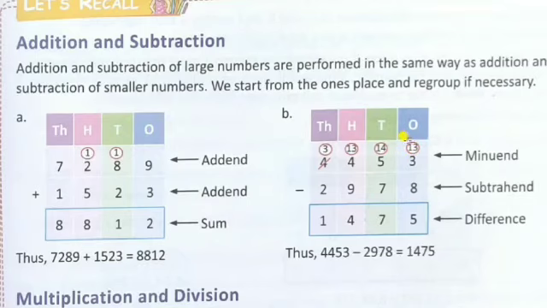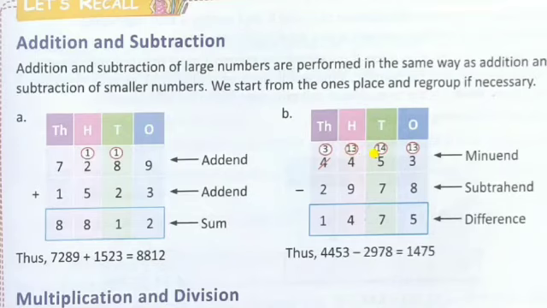1 and 3 becomes 13, and here only 4 will be left. So from 13, try to subtract 8. From 13, when 8 is subtracted, we get the value 5. So here the ones digit will be 5. Now 4 is left here. Already 5 has given one to the earlier place. So here it is 4. 4 minus 7, not possible. Again now we will go to the next place, and there again 1 will be borrowed. So when 4 lends 1 to the next place, here 3 will be left.